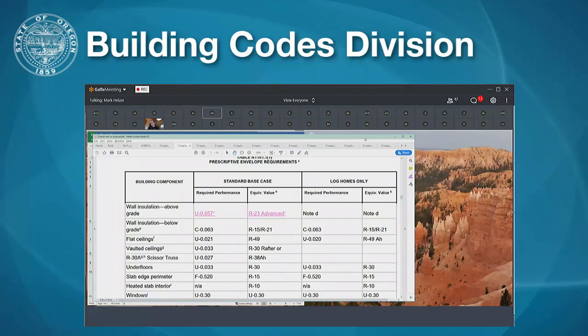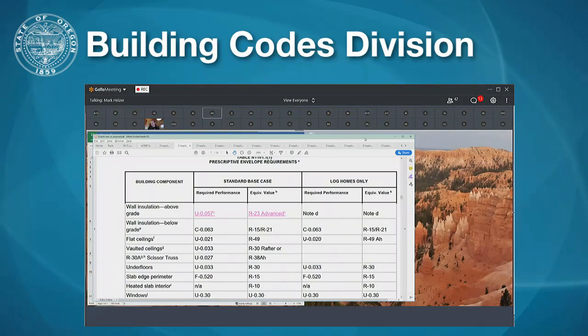There are a lot of questions and still unsettled pieces as far as what is the official level for that, and both the division and Oregon Department of Energy are going to be continuing, as we've announced in previous meetings, reaching out directly to the ZERH team to get what are all of the equivalent pieces,